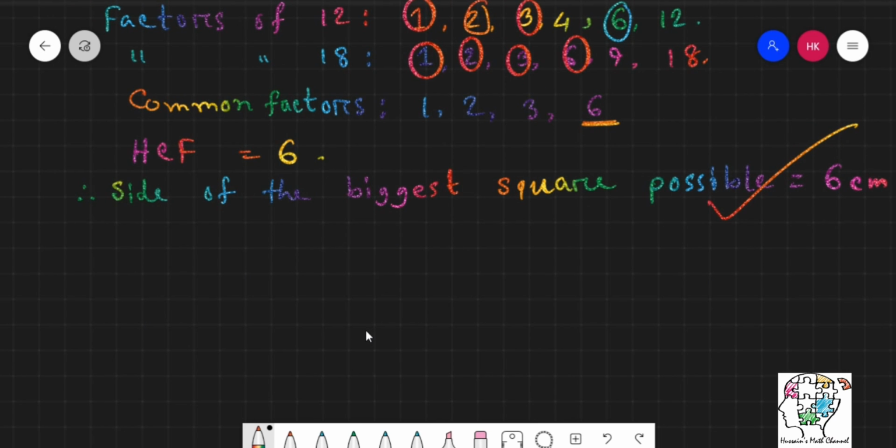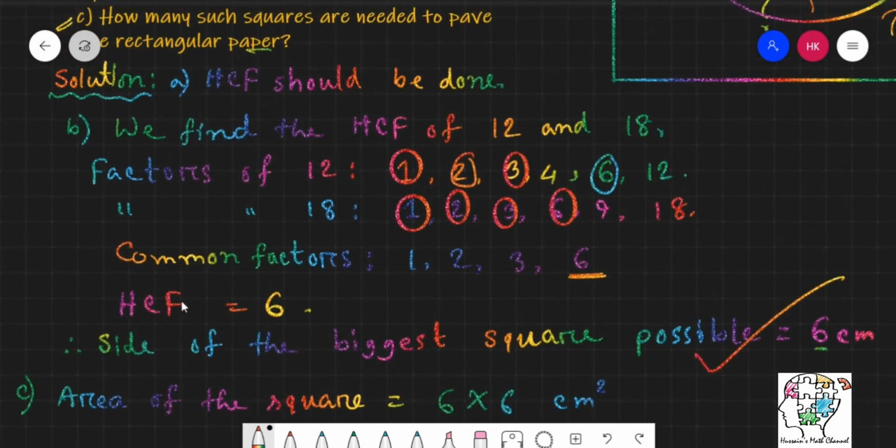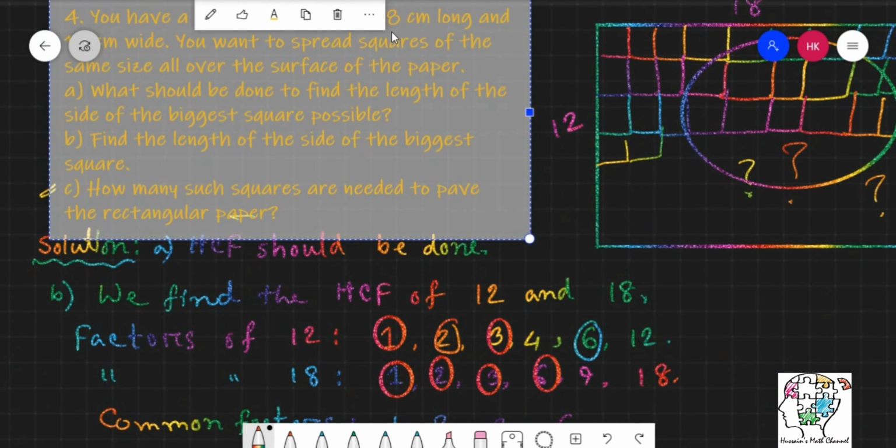Now if we write question number C, at first we write area of the square. Area of the square is equal to 6 times 6. This is the square side, so 6 times 6 centimeter square, and we will get 36 centimeter square. And then we find area of the rectangle. Which is the rectangle? The question given, 18 centimeter